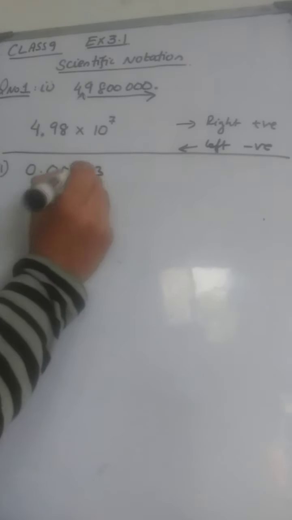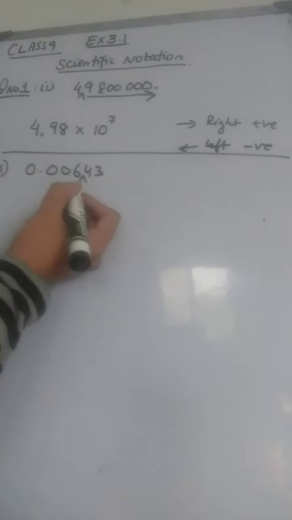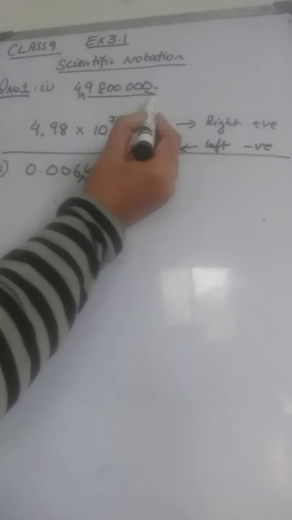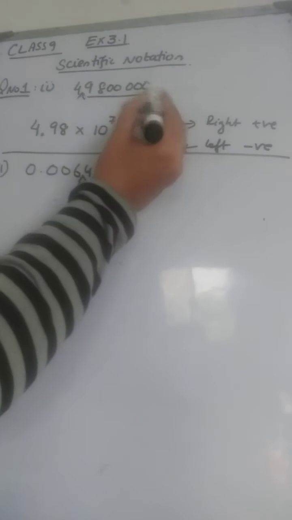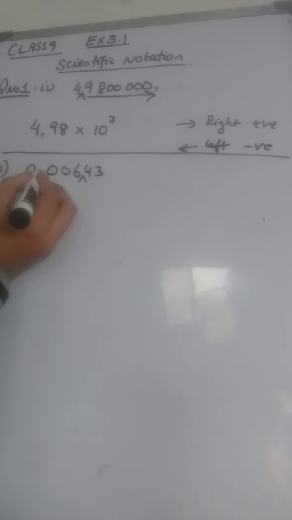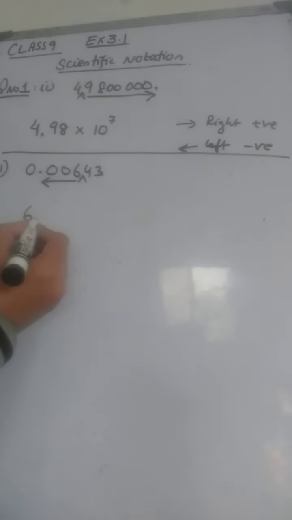Okay, now the next step is you are going to draw an arrow from the cursor to the decimal, as we did here. But here the decimal was to the right of it, therefore the arrow was pointing towards the right. Here the decimal is towards the left, so we are going to start from here and end at the decimal point. So the number will be 6. Remove the cursor and replace it with the decimal point. Okay, and 4 3.